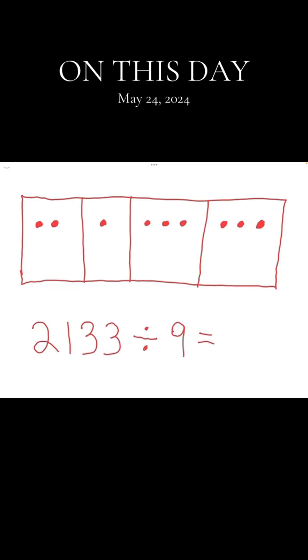Well, here I have a picture of 2,133, right? This is in a 10 to 1 machine. So this is my ones box, my tens box, hundreds, and thousands. So we have two dots in the thousands. I have 2,100, 3 tens, and 3 ones. I have 2,133, and I'm saying how many groups of 9 do I see in